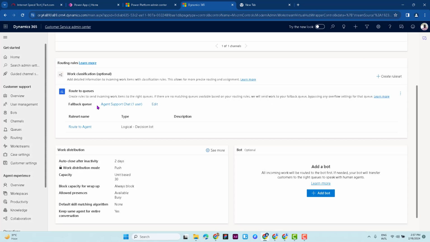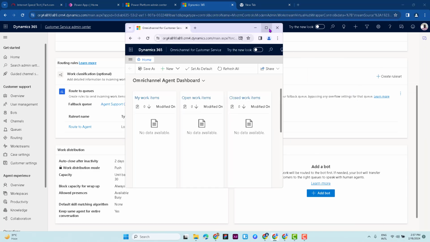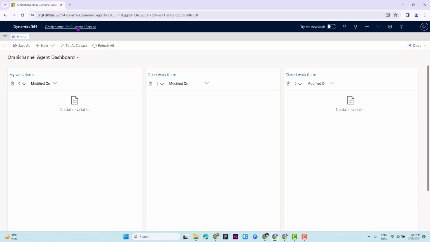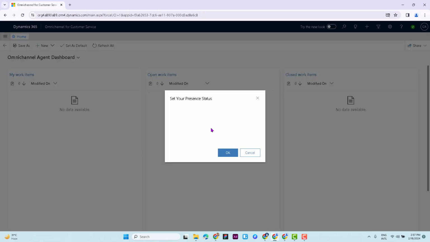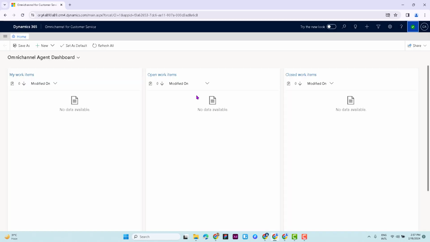Now I'm going to sign into this agent that is in this route to queue so we could test this in action. So let me drag the agent screen here. So this is the agent now, and the agent is in Omnichannel. Its availability is set to available. So this is the person's presence. So click on OK. So the person is now at the workstation waiting to receive any correspondence that comes from